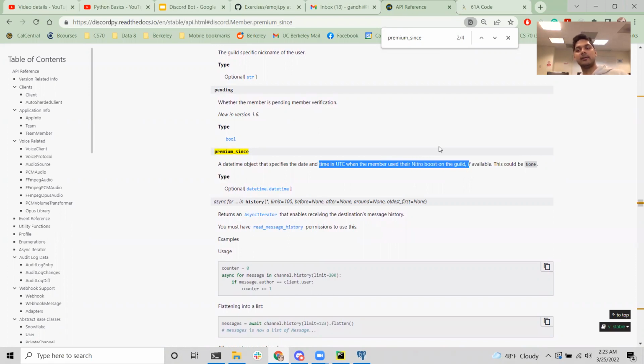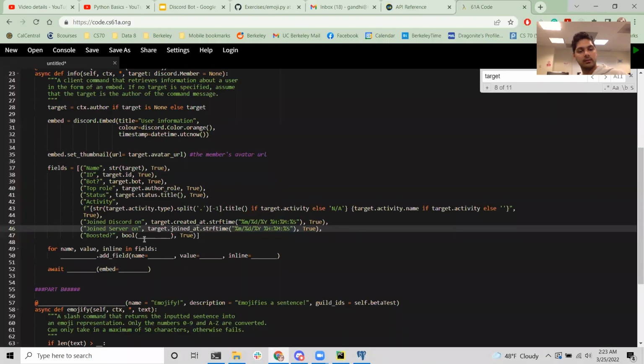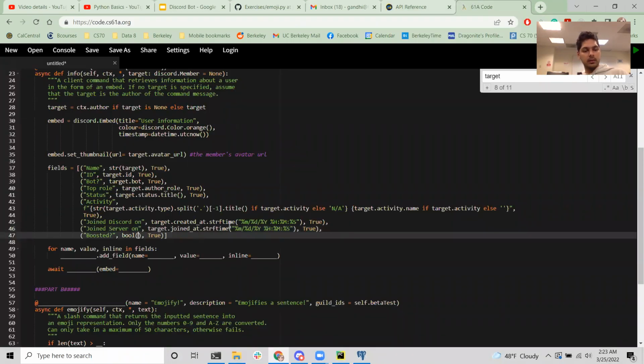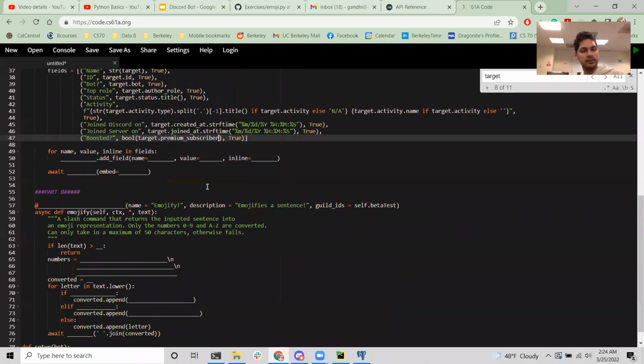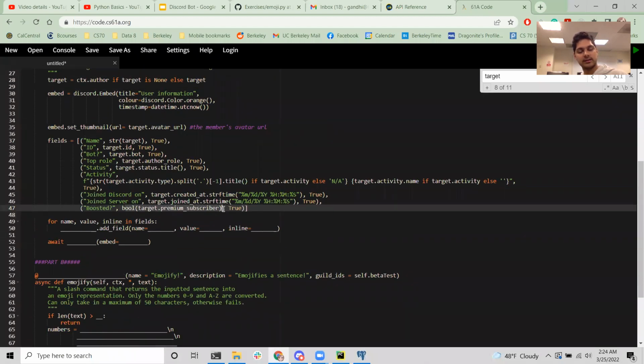But they might not still be a premium subscriber. Target.premium_subscriber, it might have been a year ago that they boosted the server, and this might still evaluate to true because they've done it before, but they're not currently a booster.